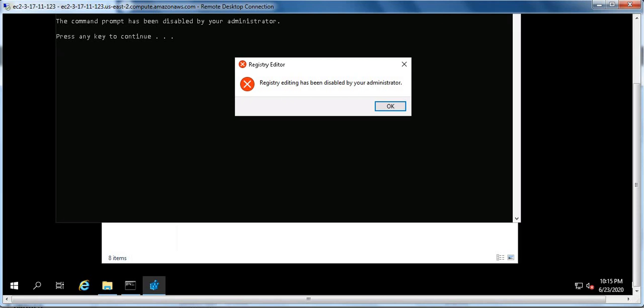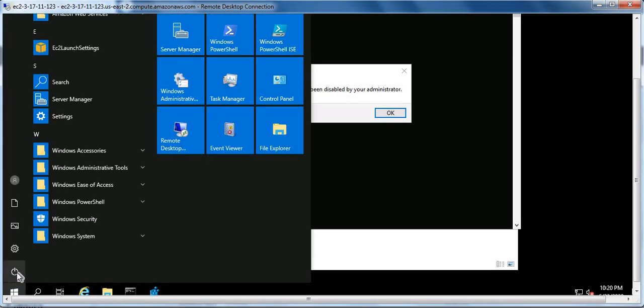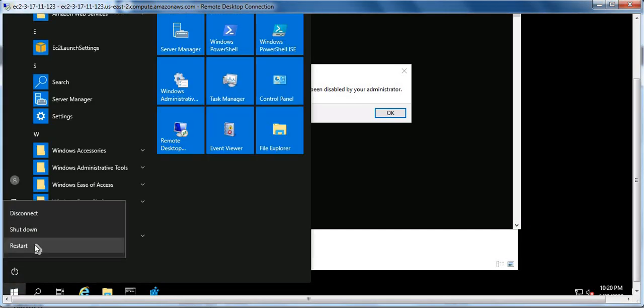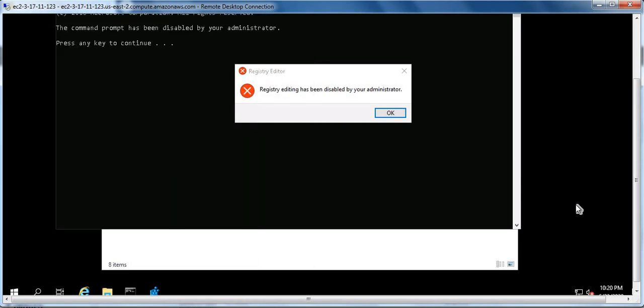Let's do one more thing. On the client computer, on the power option, I can see the restart and shutdown options are enabled. I don't want end users to restart my server or my computer. So we are going to disable these options.